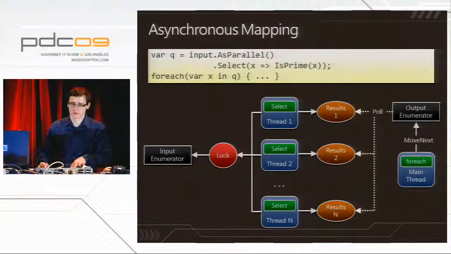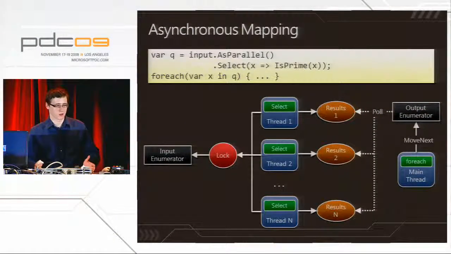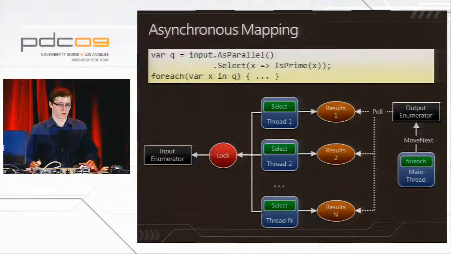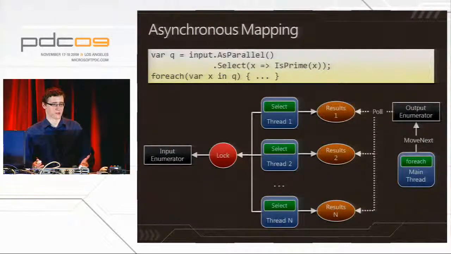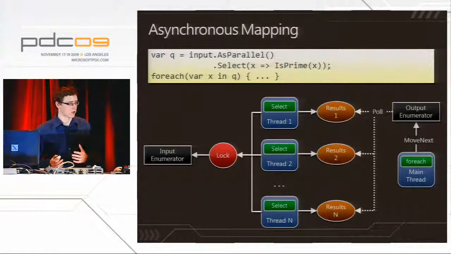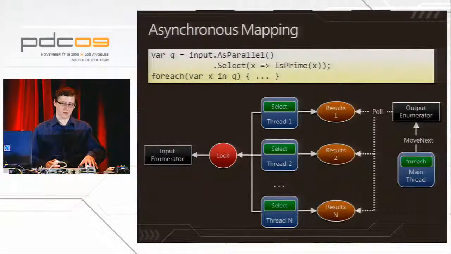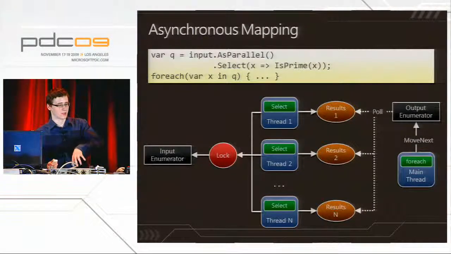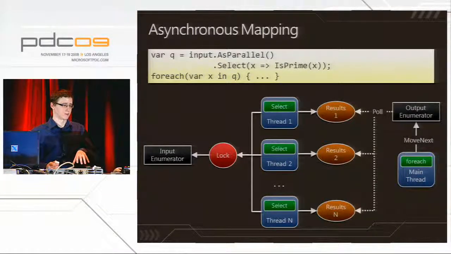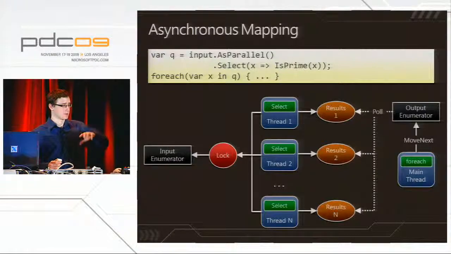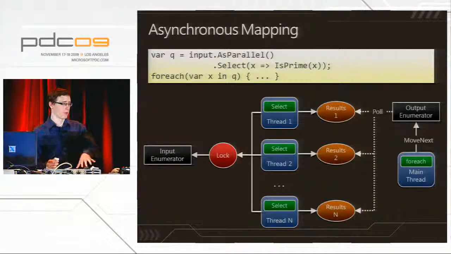The 2 examples that I have shown so far were both synchronous queries. So when you call toArray, before that method returned, the entire query has already executed. PLINQ can also execute these asynchronous queries where the results are getting computed by n threads. And as they are getting computed, each thread places the results into its own result buffer. And at the same time, the foreach loop is driving the output enumerator that is pulling the results from